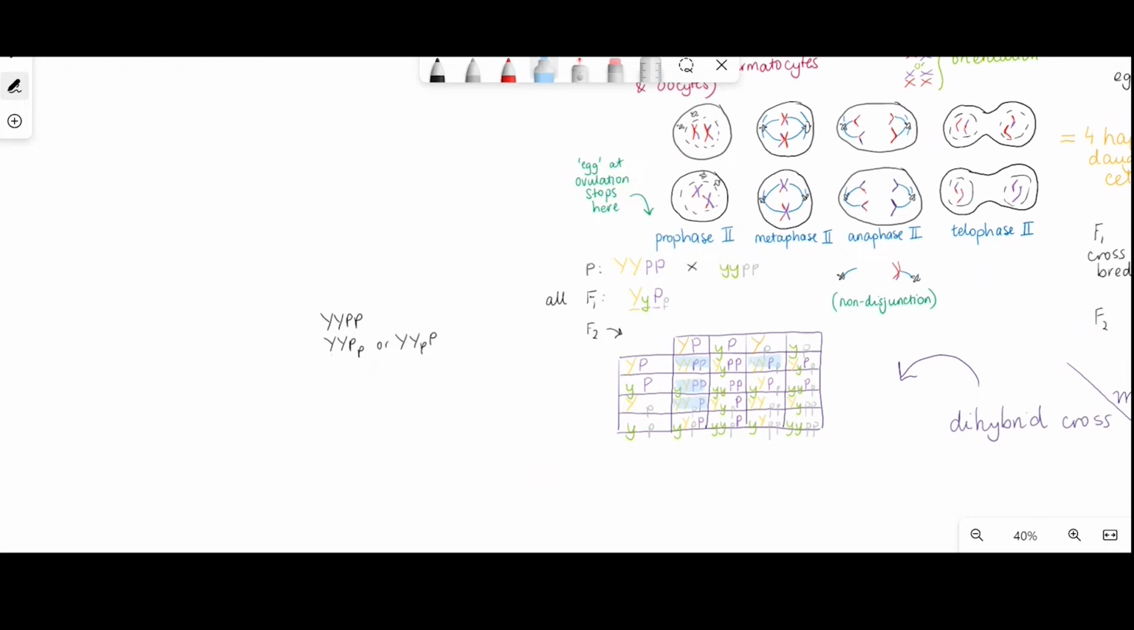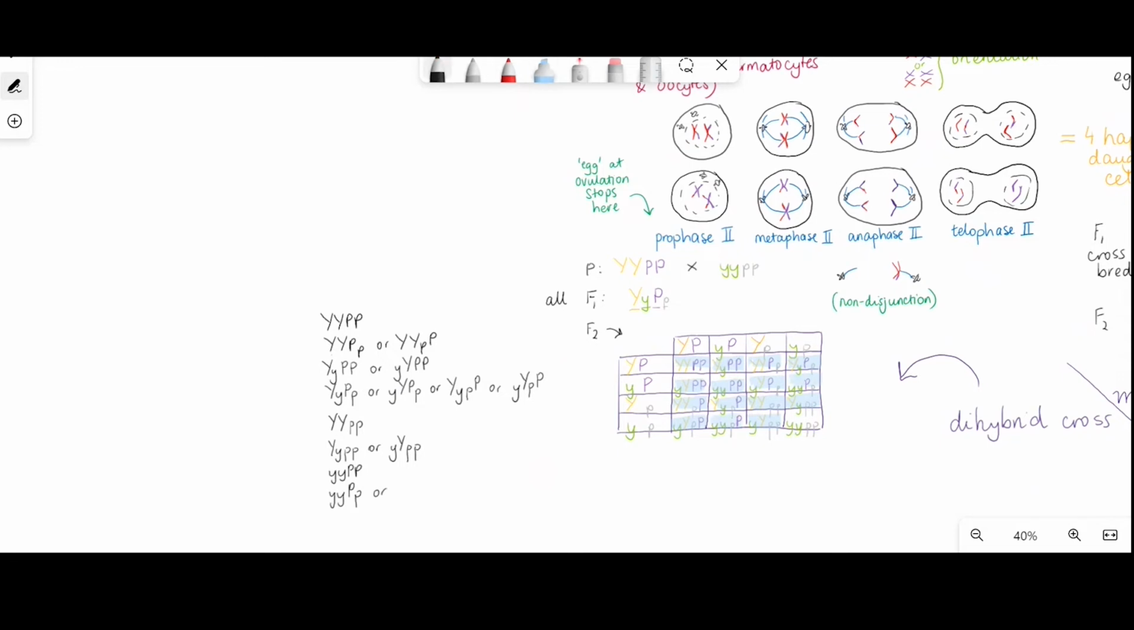And again, we've got another genotype we've identified with 2 out of the 16. Big Y, big P, little p, so heterozygous for both of those genes. We actually have 4 ways we can get that in our dihybrid cross, but that's all one genotype. We keep going and so on. Ultimately, what we see here, if I group them together and have a look at what we've got,